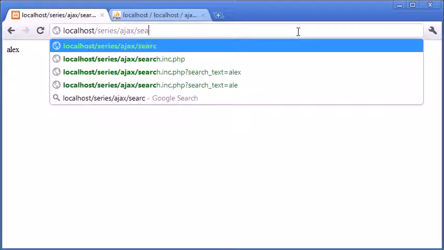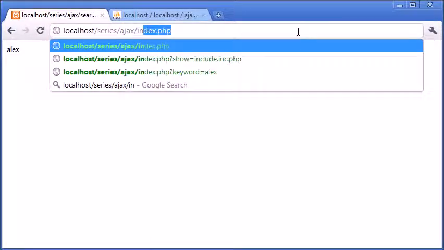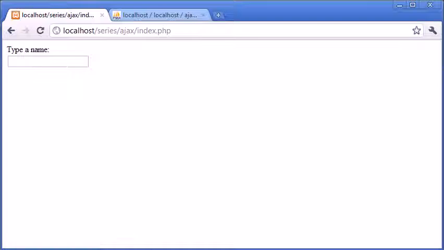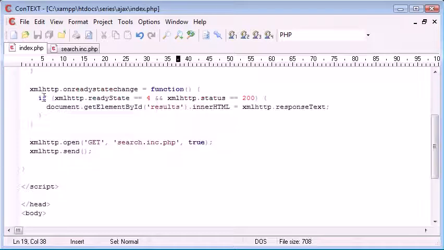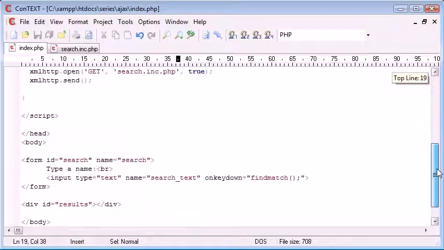So let's go back to index.php. Okay, so now what we want to do in here is, oh no, we've done this now, so we're echoing each value that we're grabbing from this search text. Now what we need to do in here is dynamically update this to be sent through to our PHP